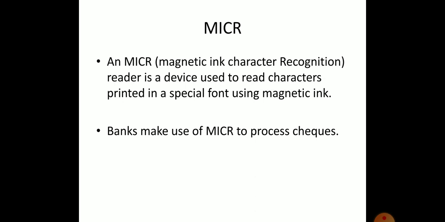Why are we using MICR? Mostly banks use MICR for processing their checks. On the check, special magnetic ink is used. For that, bankers use MICR.